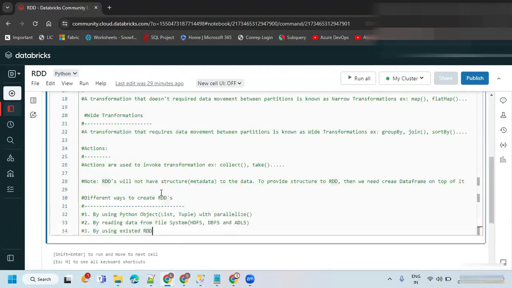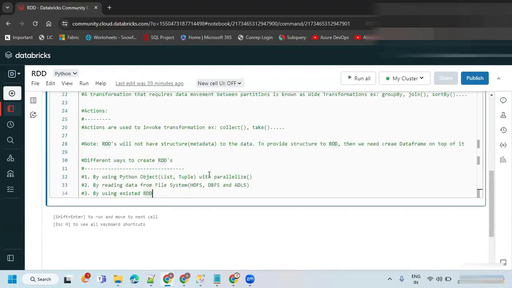Practically, I'm going to show you how to create an RDD with this and how to do all this stuff. We are also going to see a few transformations as part of the RDD. Just concentrate on whatever I take you through. Practice at least one or two times, and you'll have an idea. Okay, I'm stopping here. If you have any questions, you can ask.